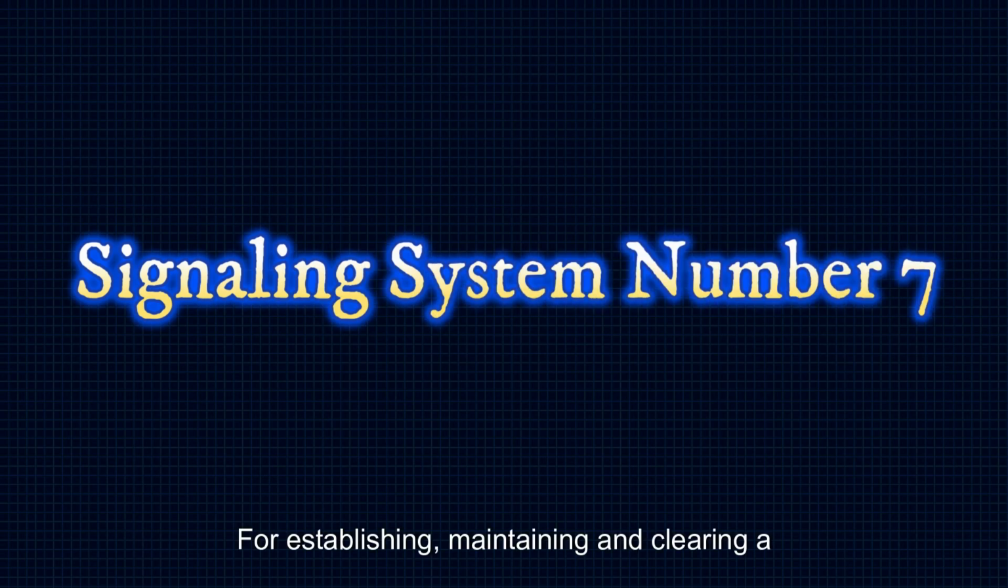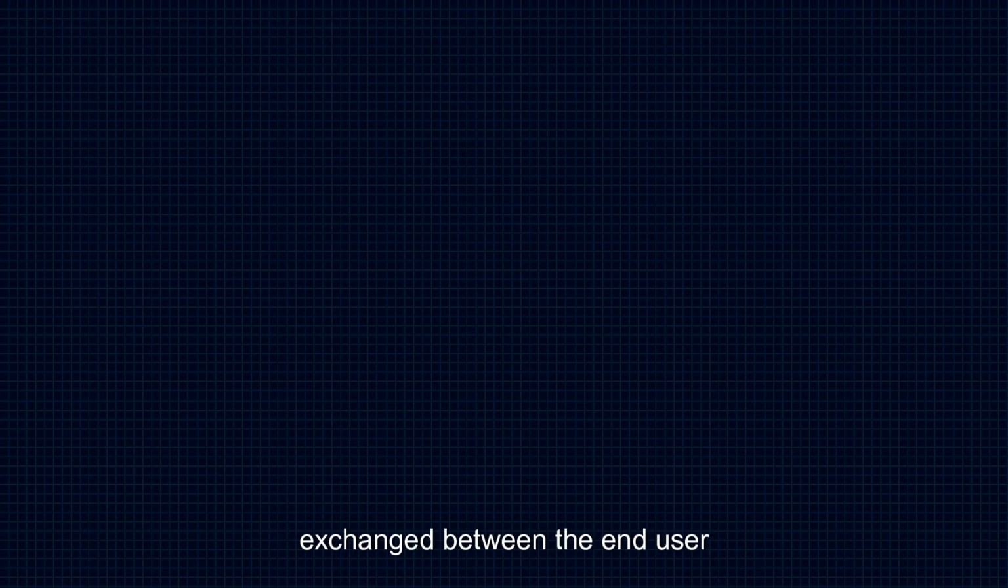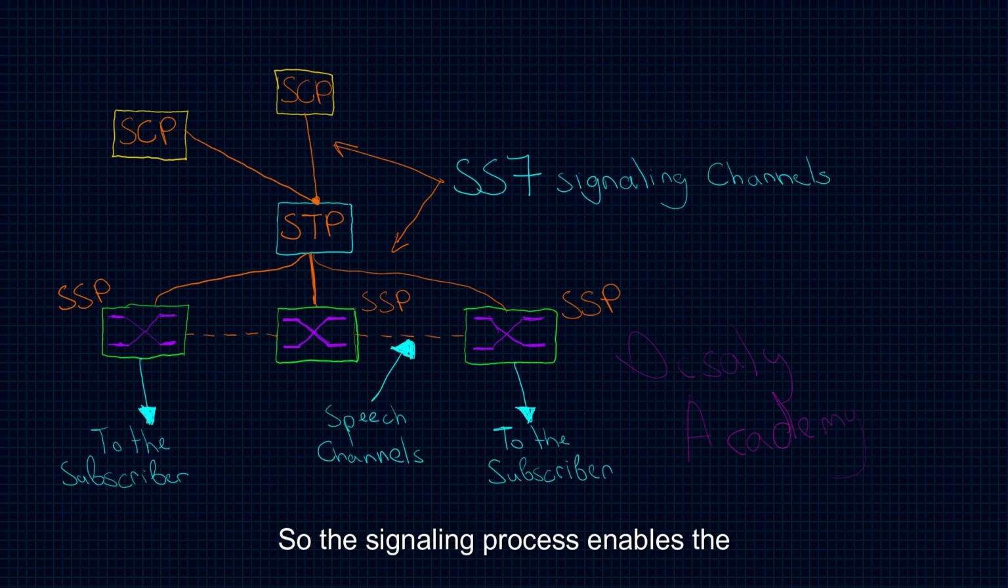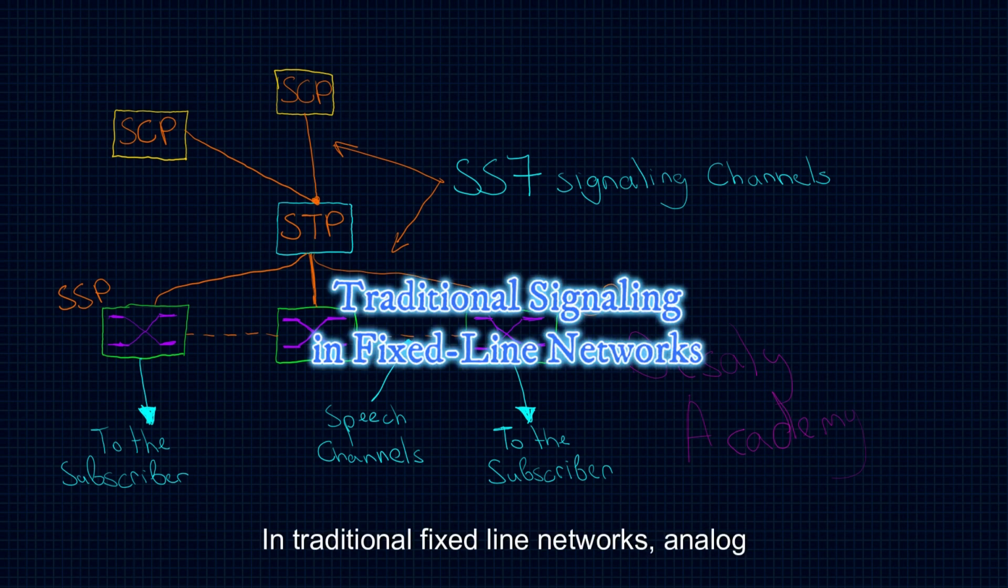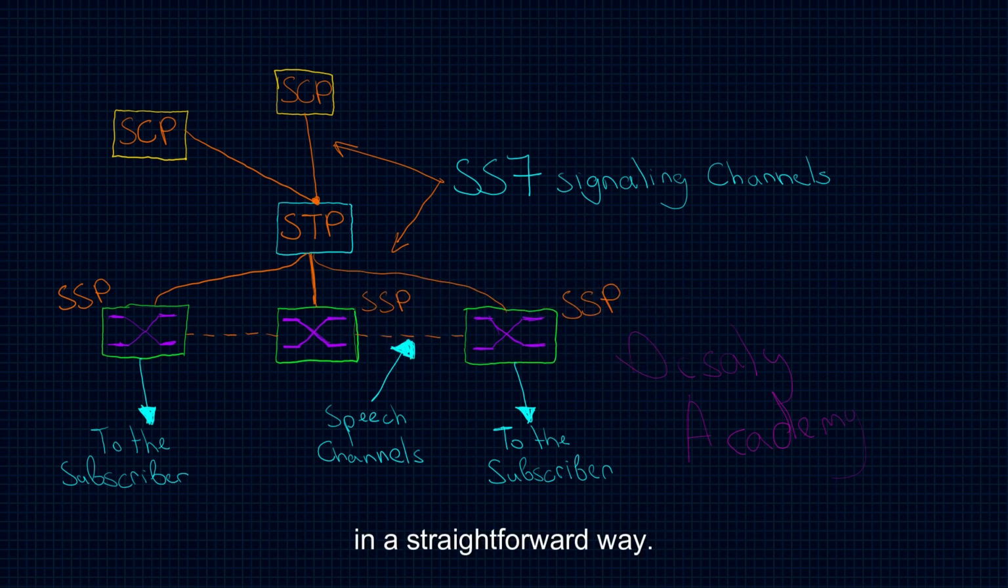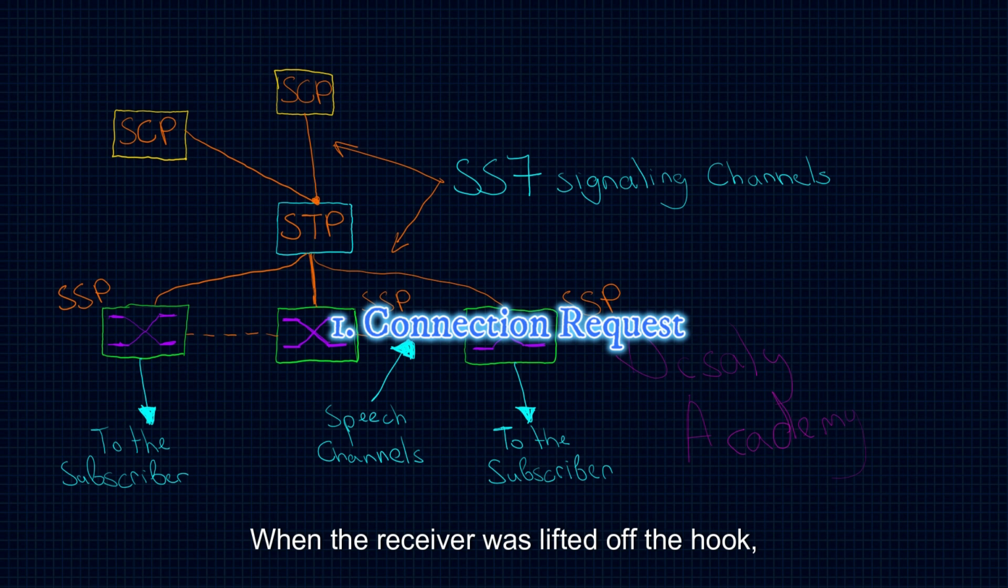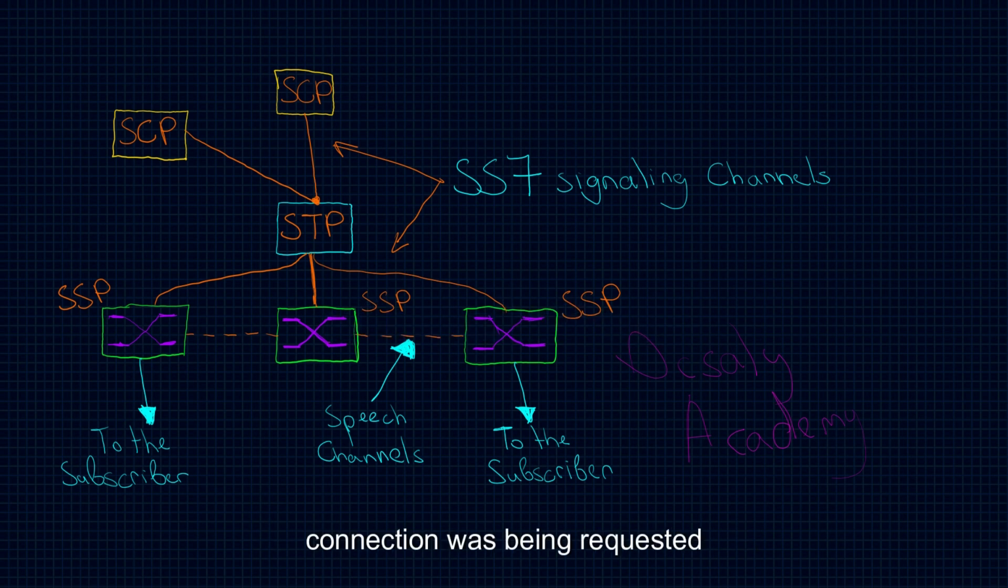For establishing, maintaining, and clearing a connection, signaling information must be exchanged between the end user and network devices. So the signaling process enables the network to manage communication sessions effectively from the moment a call or connection is initiated to its termination. In traditional fixed line networks, analog telephones signaled their connection requests in a straightforward way. When the receiver was lifted off the hook, it indicated to the network that a connection was being requested, and